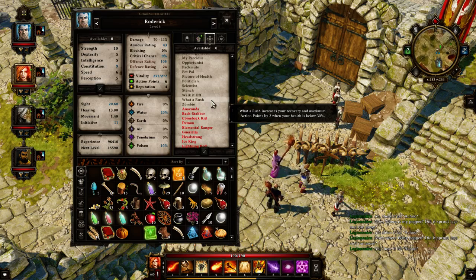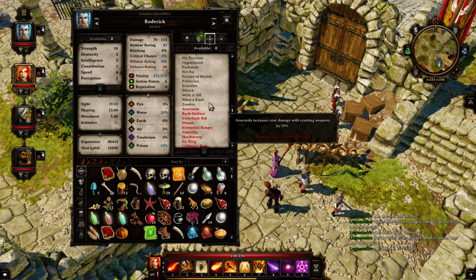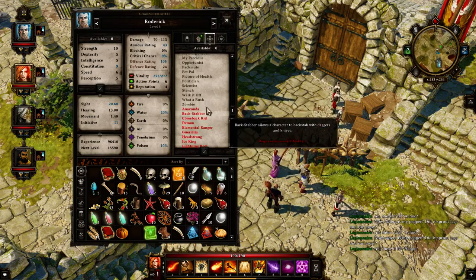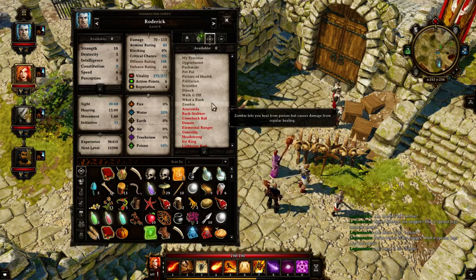can use it in conjunction with Comeback Kid, which says when an opponent lands the blow that should kill you, Comeback Kid will leave you with 1 health as long as you had more than 1 left. So that's pretty risky, but as I said, you can combo it with Water Rush and you will get 2 action points, and you may be able to heal up with those action points before dying, but it's still pretty